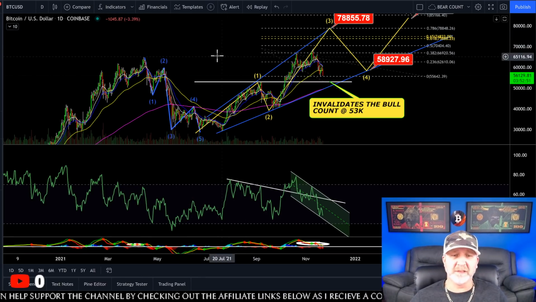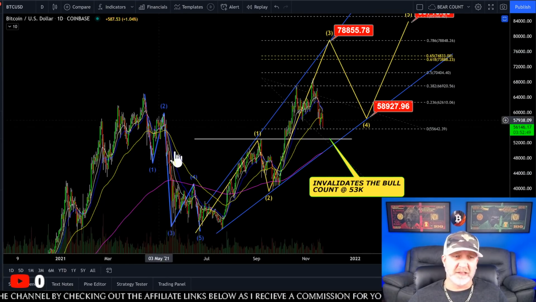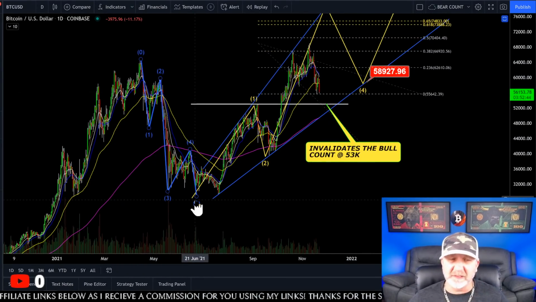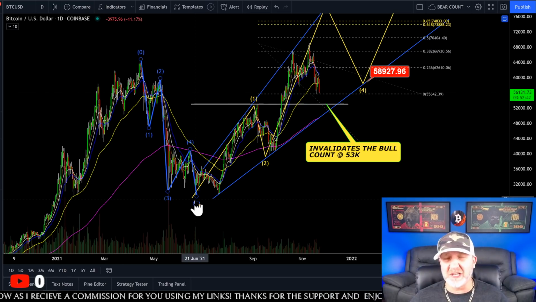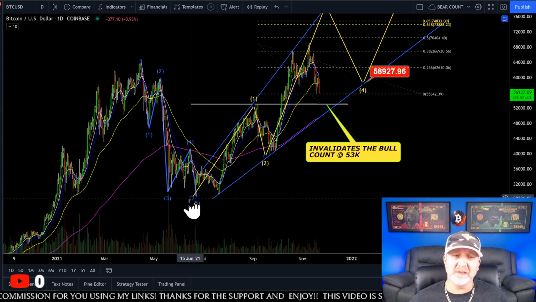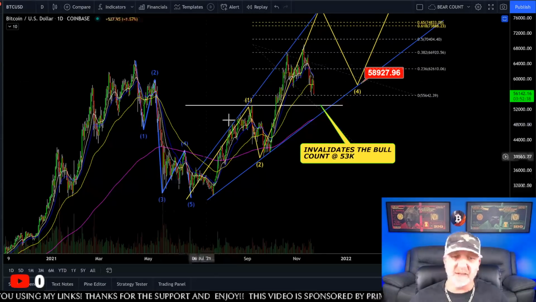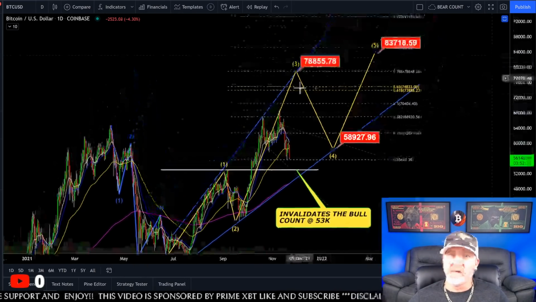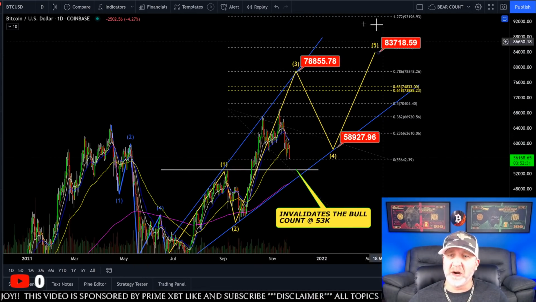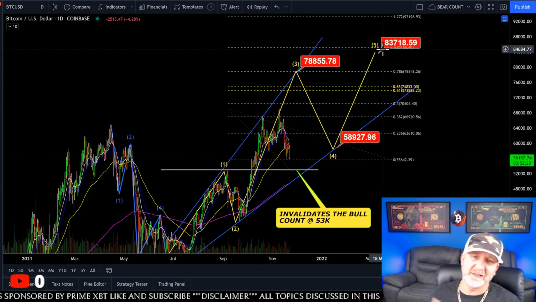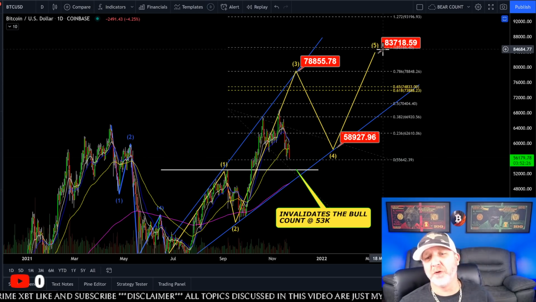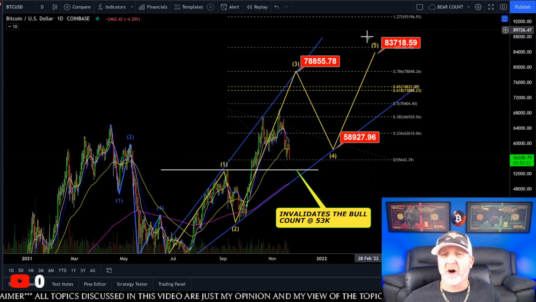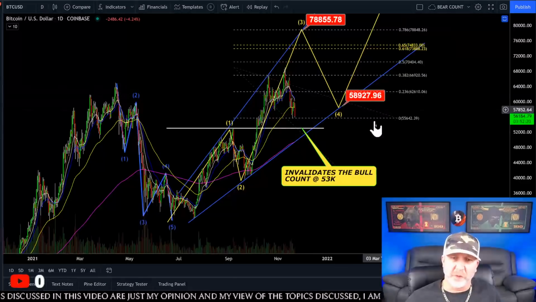All right, so anyways, this is the bullish case. Let's take a look at this. We've been looking at this as 5 waves down. Some people are looking at this as an ABC, like it's a finished correction. I do not think it was, but if that was the case, this is the bullish count. This would be wave 1. Wave 2, we'd be looking for wave 3 up in this area somewhere, and that would get us somewhere in between 78,000, and then wave 4 back down to around 58 to 60,000, and then wave 5 all the way back up to the 83 to 84,000.